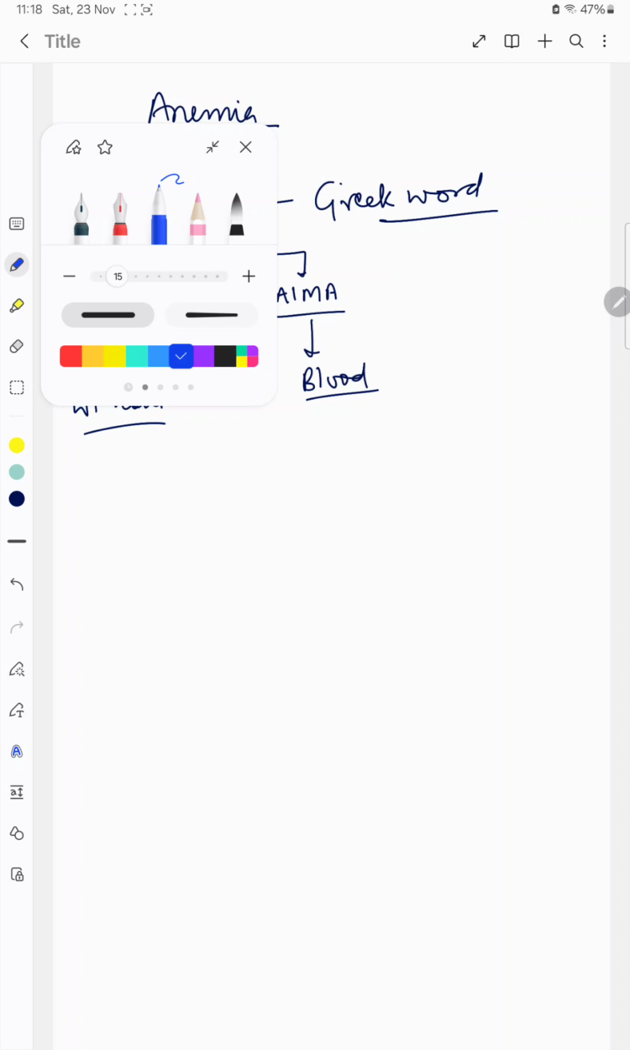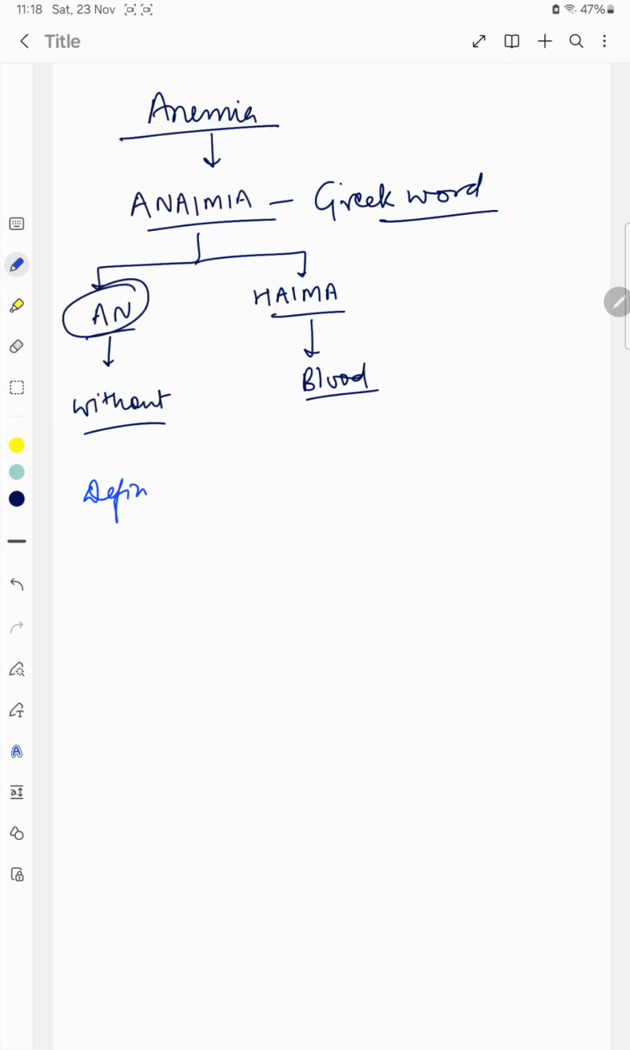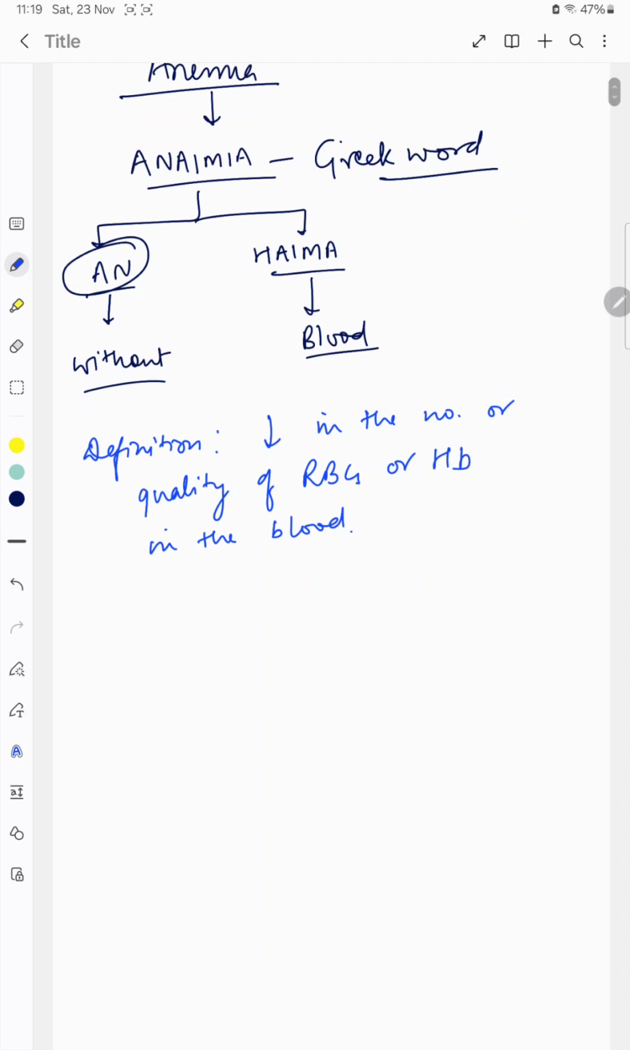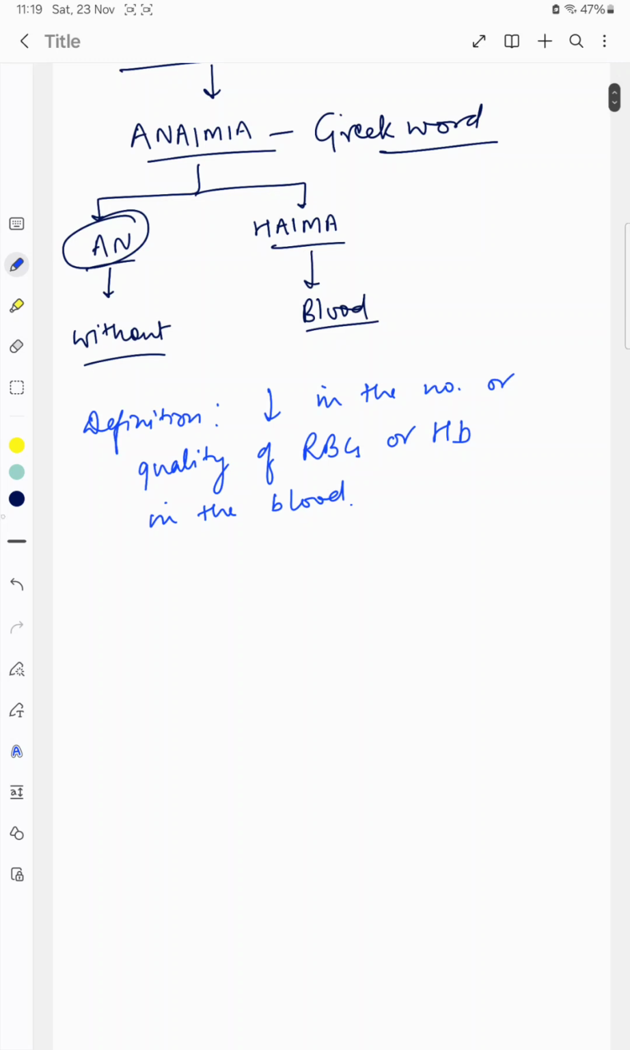So what is the definition of anemia? The definition of anemia is deficiency in the number or quality of RBCs or hemoglobin in the blood. So deficiency in number or quality of RBCs or hemoglobin in the blood is known as anemia. What are the common clinical features